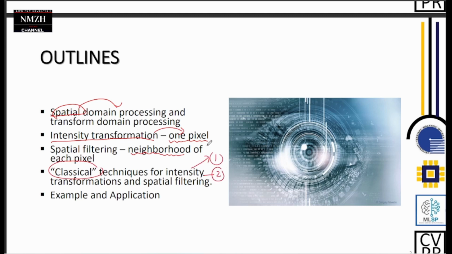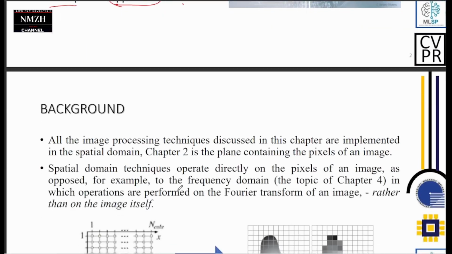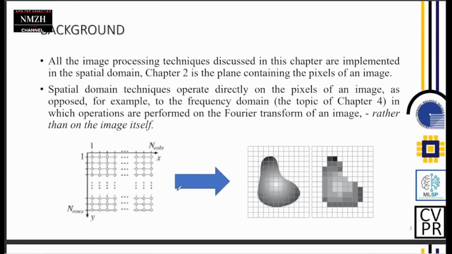This video will be part number 1, intensity transformation. At the end we'll talk about examples and applications, where these techniques will be used and so on and so forth. So let's get started. Okay, a little bit of background about the